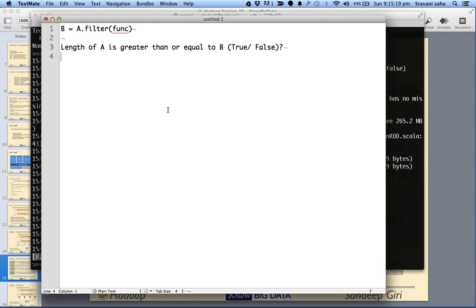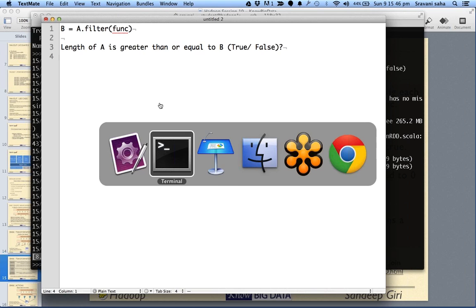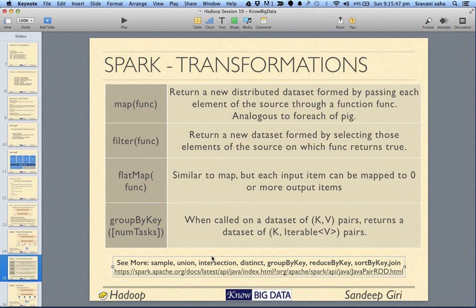So we basically filter some of the elements from A into B. So Anand, yeah, it is correct. It is true. The length of A is either bigger than or equal to B, because B is always a subset of A. All right.